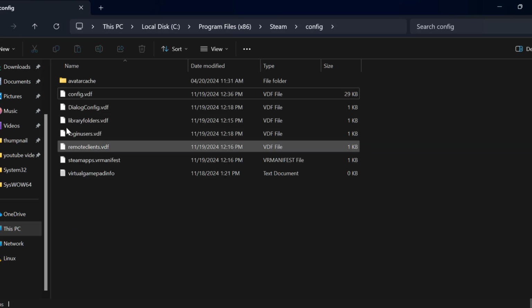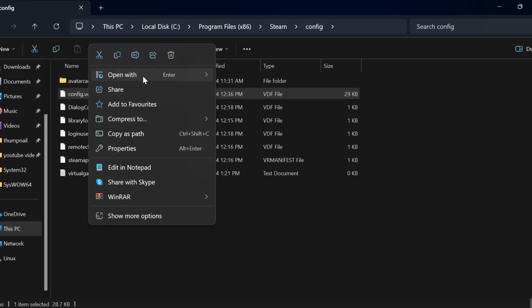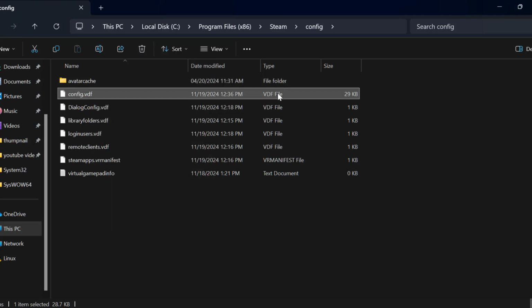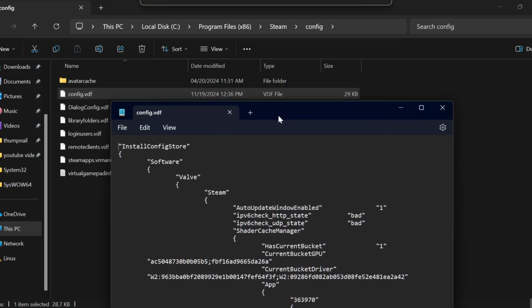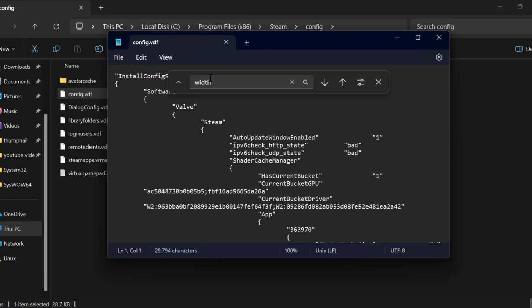In here you just need to right click on the config.vdf and select open with and select Notepad, and now you just need to select this edit option and select find. In find you just need to type accounts and select the search option over here,